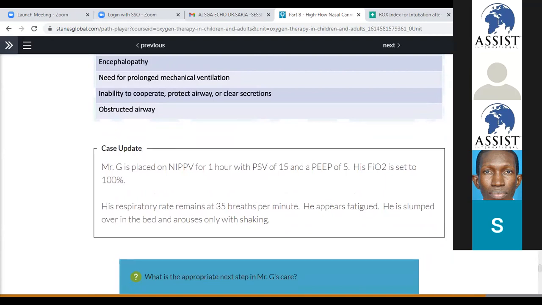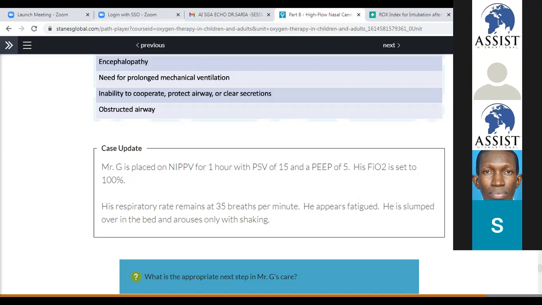So we are proceeding with our case. As we can see here, Mr. G was put in a non-invasive positive pressure ventilation for 1 hour with positive pressure support for 15 and a PEEP of 5. His FiO2 was set at 100% maximum total, and his respiratory rate remains to be 35